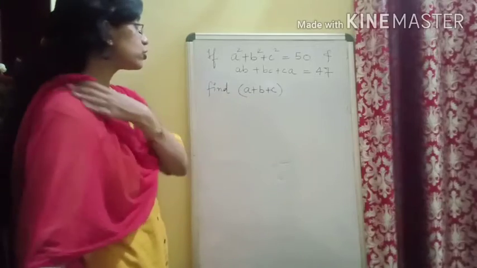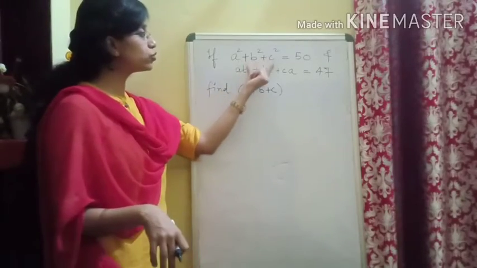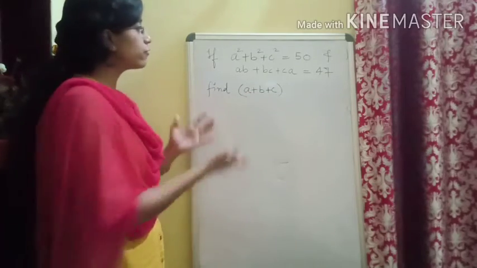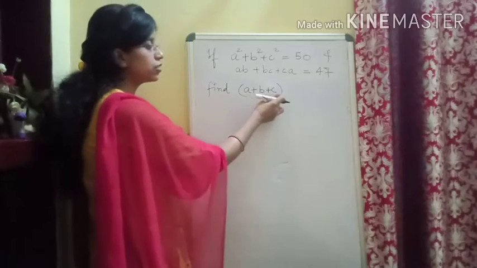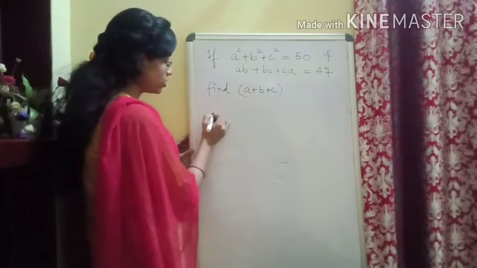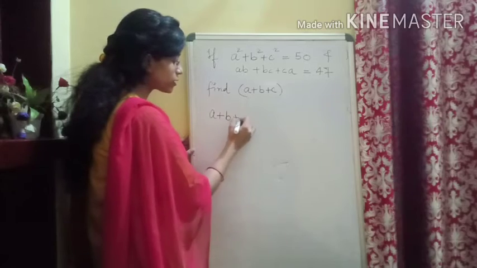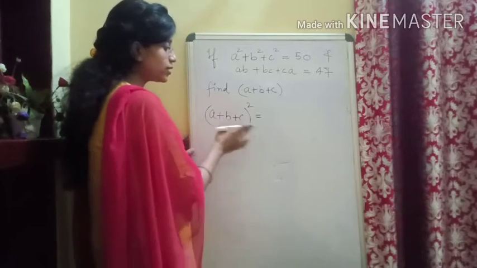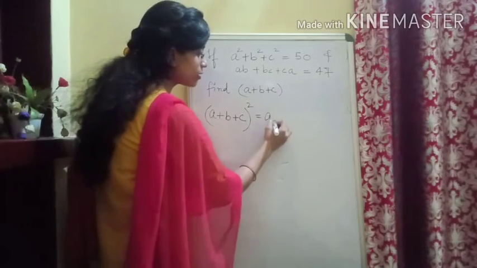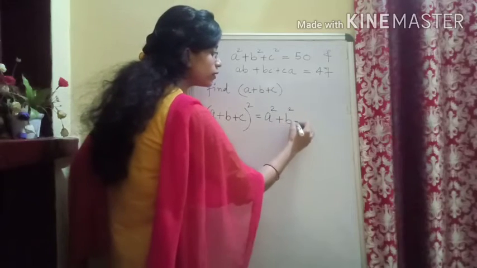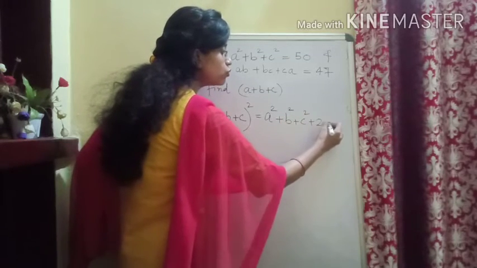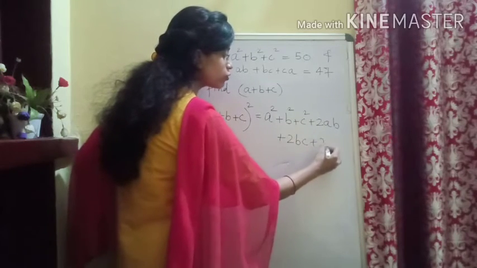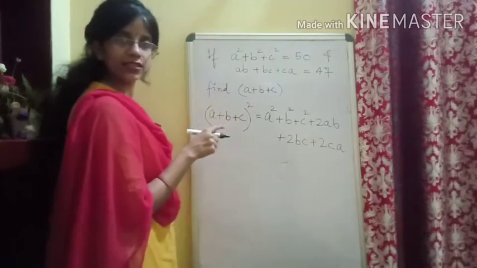As I told you all, you have to use this given information to calculate this term. So we will use the identity in which all the terms will come, and since it is 3 terms, we simply use the identity of the trinomial a plus b plus c, and we will square the term. So according to the identity, what will be the right hand side? It will be a square plus b square plus c square plus 2ab plus 2bc plus 2ca. Isn't it the identity we have learned?